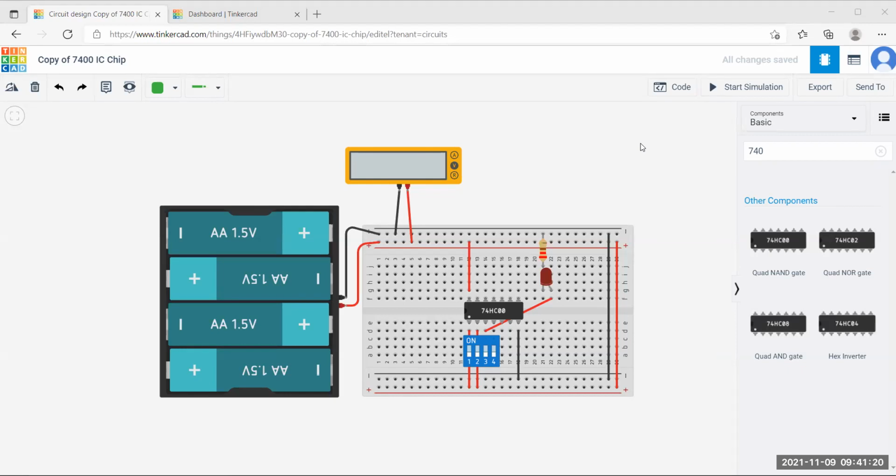How will you sign in? Student, join your class, email or username, sign in with Google, sign in with Apple. Don't have an account yet, join Tinkercad. You sign in with Google. You have signed in with Google before? Yes. Okay, click on sign in with Google. Okay. Ma'am, here Autodesk is coming.